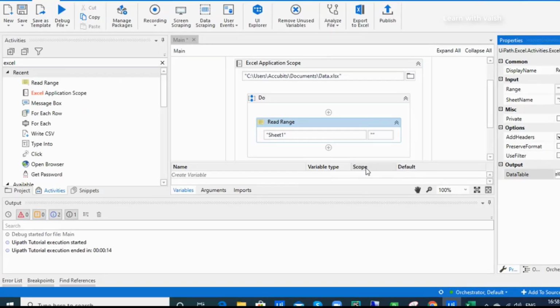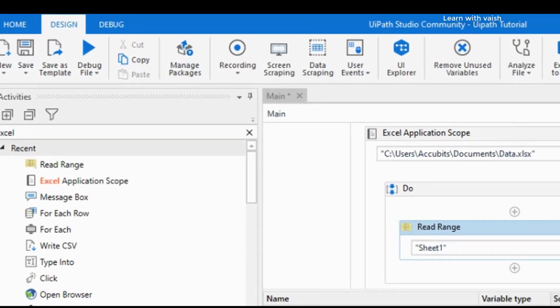Now, I will explain how to iterate through each and every row of this Excel output data table variable. For that, you have to use the for each row activity. Let me show you how.